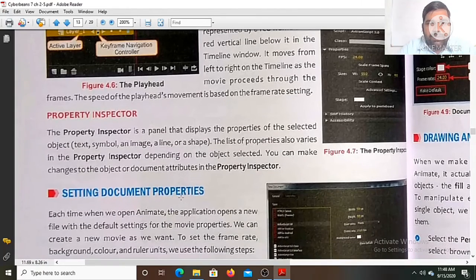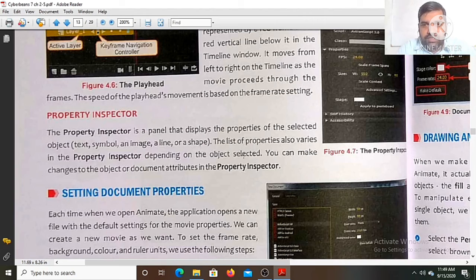Next is the property inspector. The property inspector is a panel that displays the properties of the selected object. Whatever object, layer, or frame you have selected, you can set its properties in the property inspector. The list of properties also varies depending on the object selected, because it is not possible that every object has the same properties.